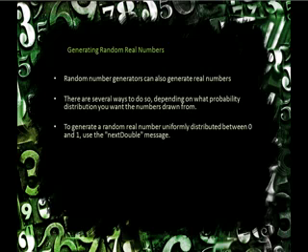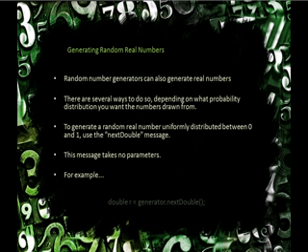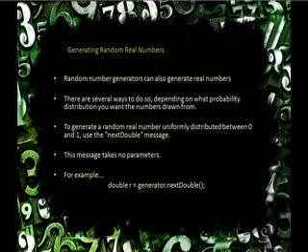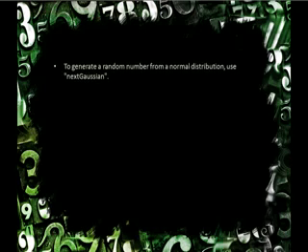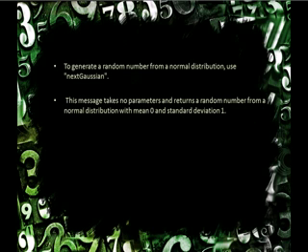Use the next double message. This message takes no parameters. For example, to generate a random number from a normal distribution, use nextGaussian. This message also takes no parameters and returns a random number from a normal distribution with mean 0 and standard